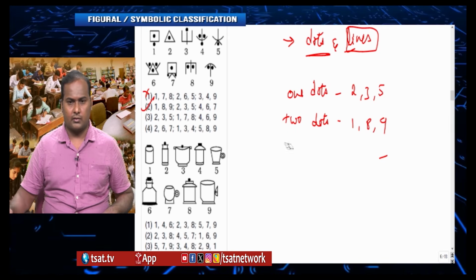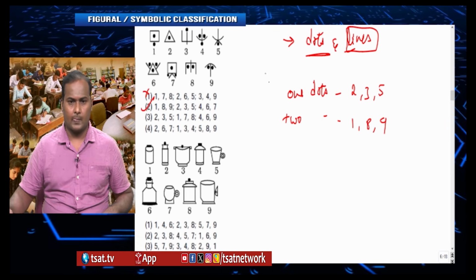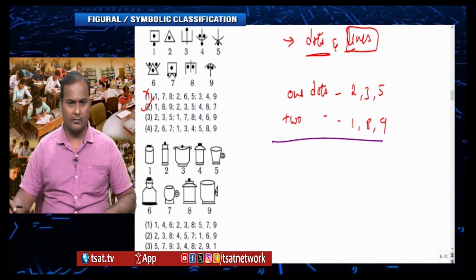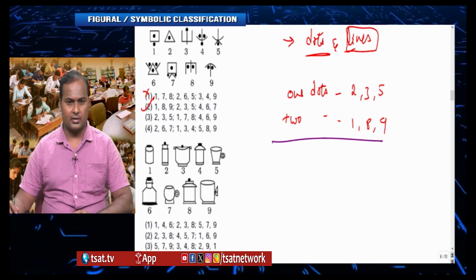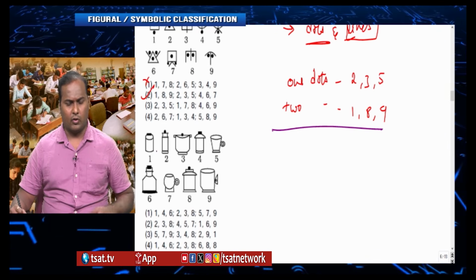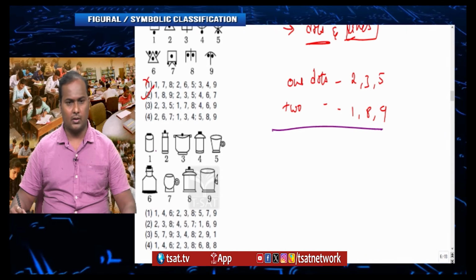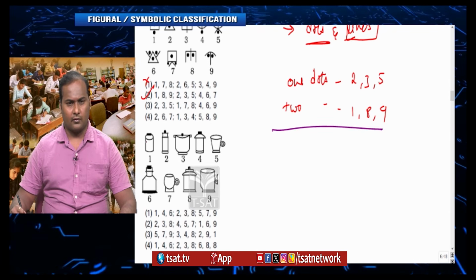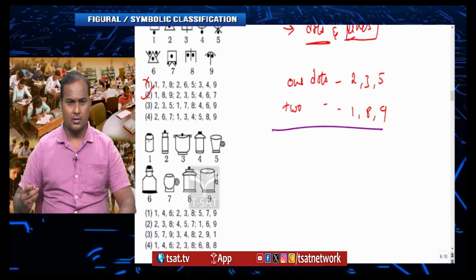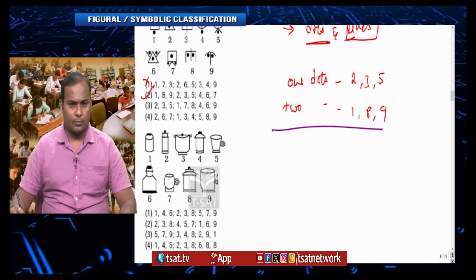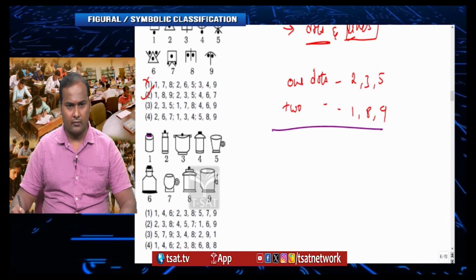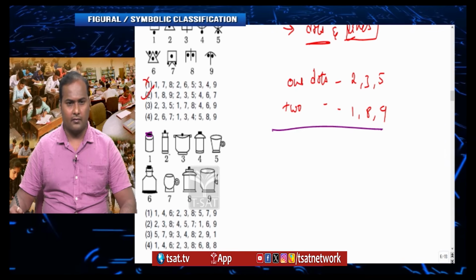See, whenever you see this kind of question, before we consider lines and dots, but in this question some figures are given. So whenever you see these kinds of figures, what character can one take in this particular group? If you see figure 1 and figure 2, both are cylindrical objects. So what I can consider is the top portion. In figure 1, this top portion is in the form of a square, whereas in figure 2,